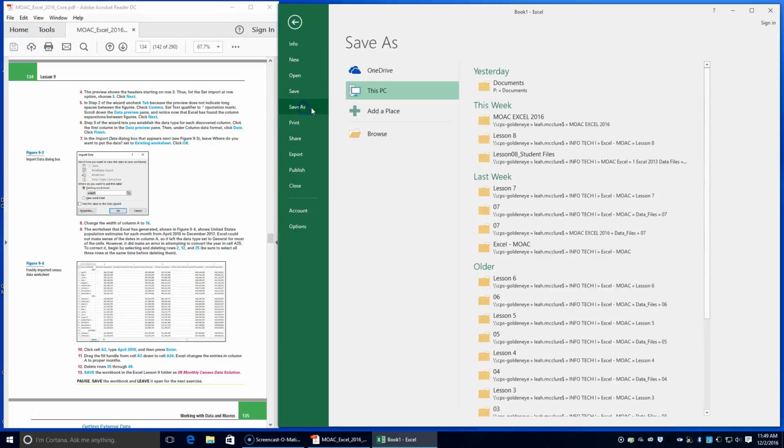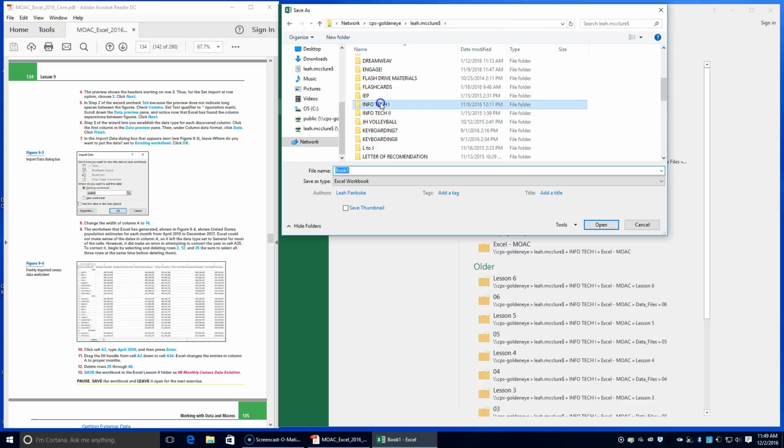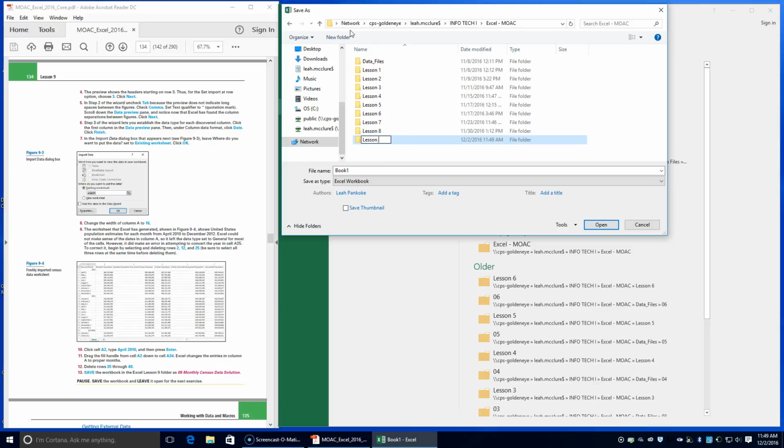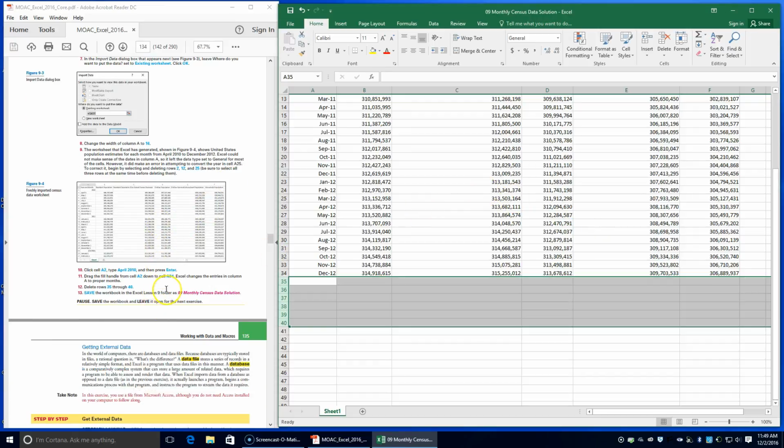So File, Save As. I'm going to go to my Excel. Let's go to Infotech here. Infotech, LOAC, Excel, and we're going to make a new folder, name it Lesson 9. Okay, and I'm going to open it, and I'm going to name this 09 Monthly Census Data Solution. Okay, go ahead and save. Alright,